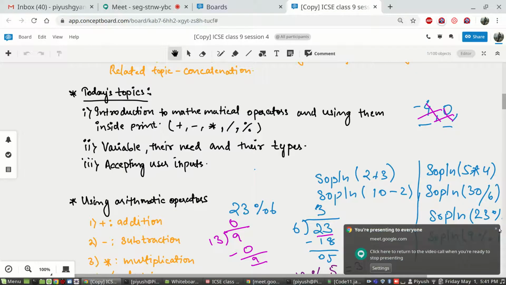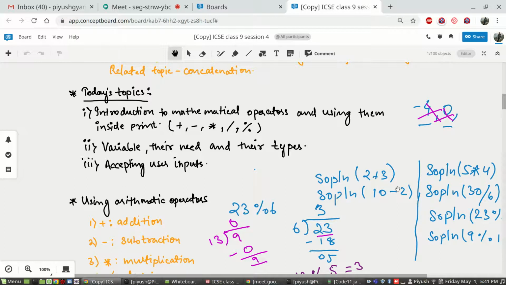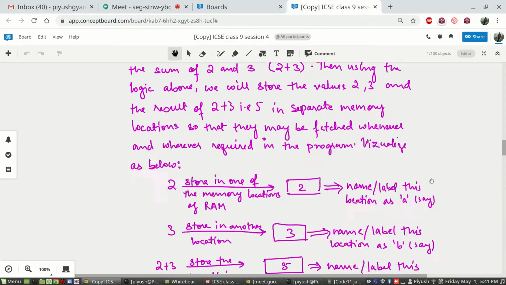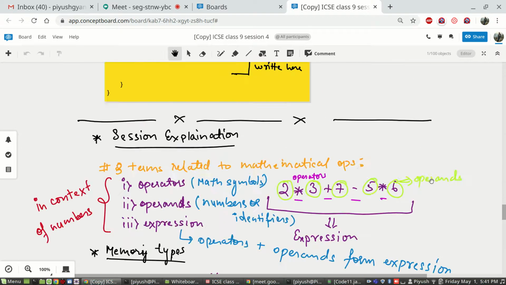So these mathematical symbols are known as operators, whereas the values that you use with them, on which they perform the operation, are known as operands, and operators and operands together form what is known as an expression.